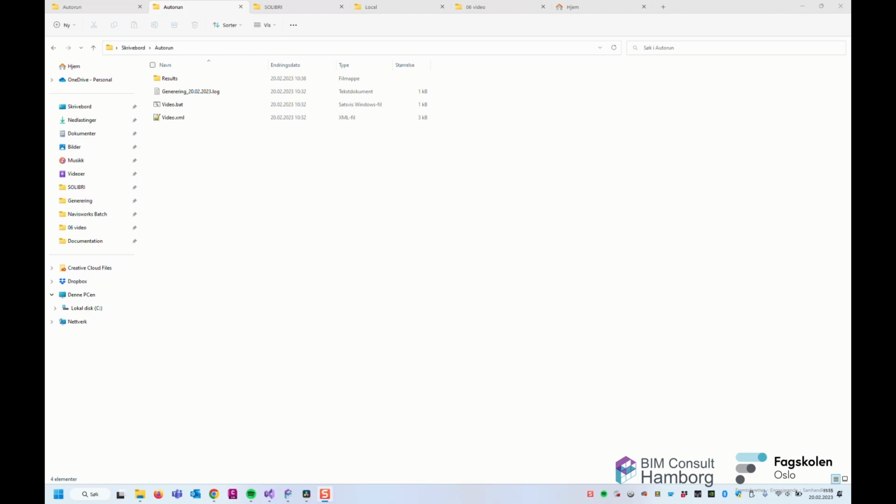Solibri needs a license, the user must be logged in, and it must have a connection to the files you want to run. So if the IFCs and similar files are on a different server, or however your company has set it up, you must create a solution that can extract those IFCs and copy them locally or something like that. But the autorun works